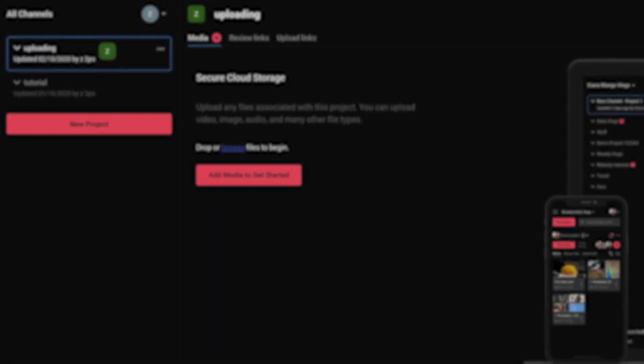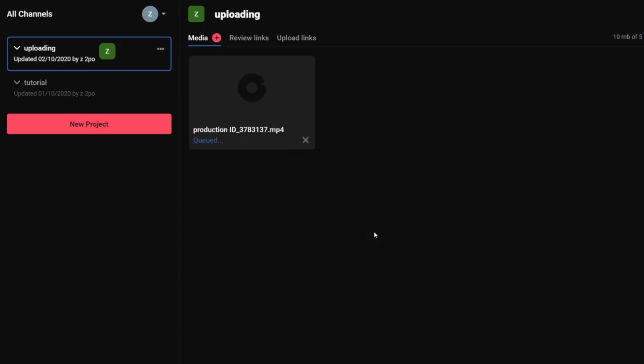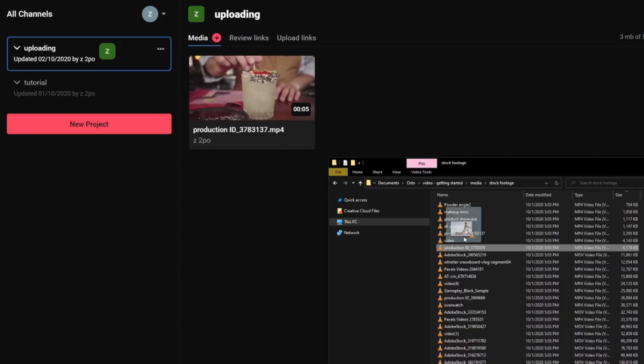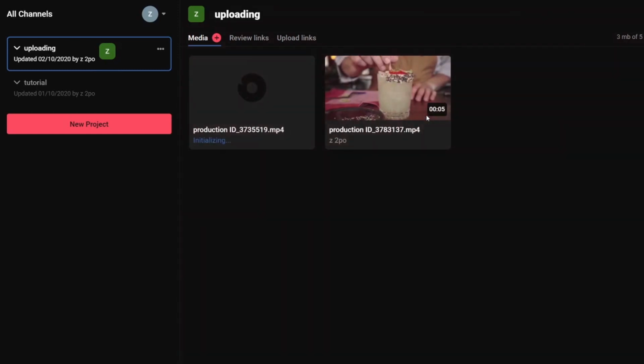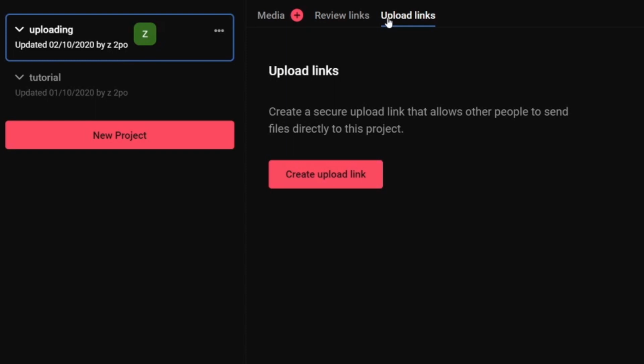You can upload new media to your project in 3 different ways. Click on the plus sign next to Media to browse and select files to upload. Drag and drop files directly into your project workspace. Or create and share a secure upload link that allows video creators and others to upload files directly to your